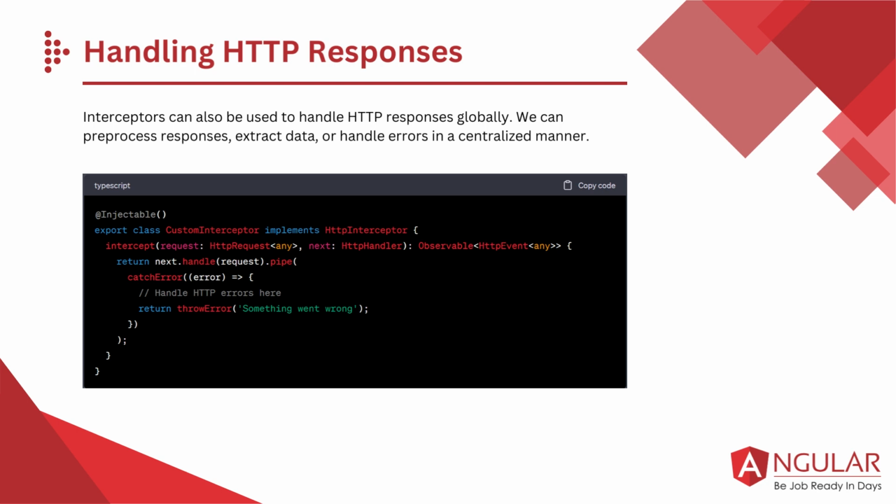Summary: interceptors in Angular provide a powerful mechanism to intercept and modify HTTP requests and responses globally. They allow us to add custom logic to pre-process requests, post-process responses, handle errors, and perform other operations consistently across the application. In this topic, we learned how to create and register an HTTP interceptor, modify HTTP requests, and handle